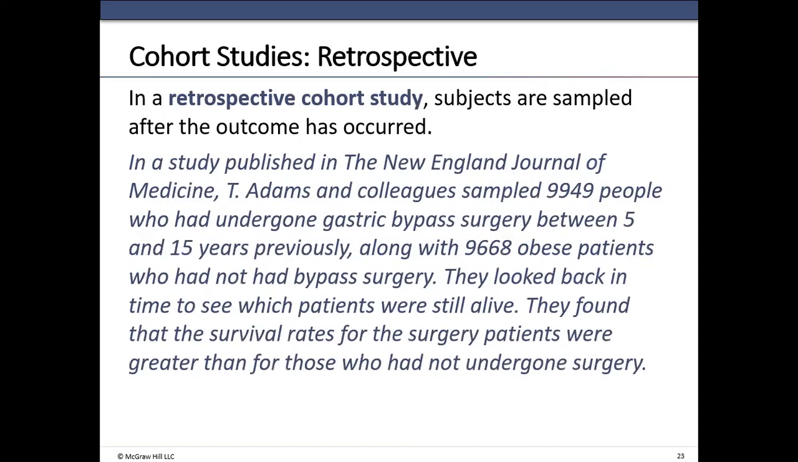And a retrospective study: subjects are sampled after the outcome has occurred. In a study published in the New England Journal of Medicine, T. Adams and colleagues sampled